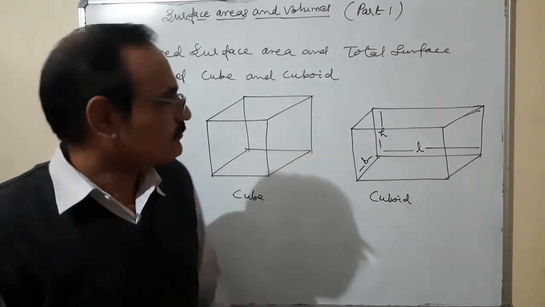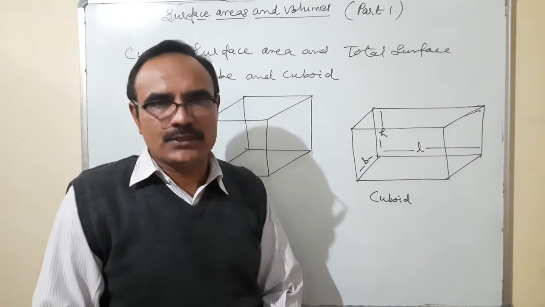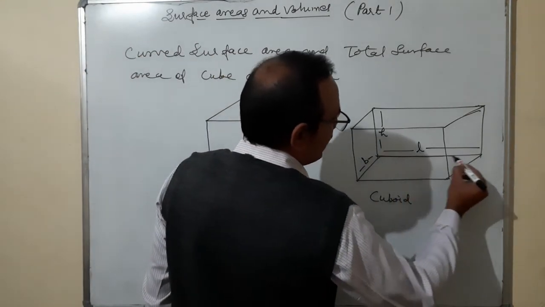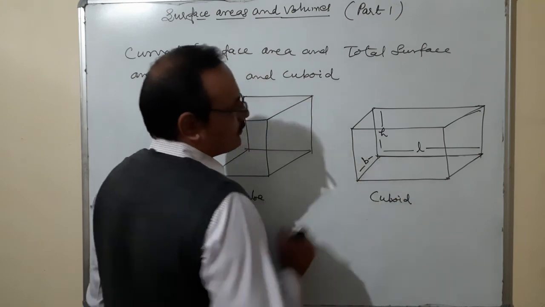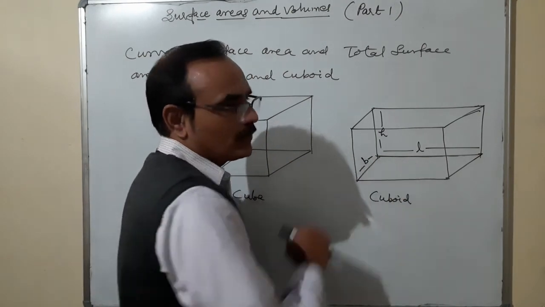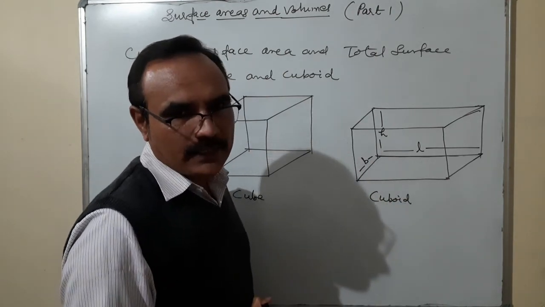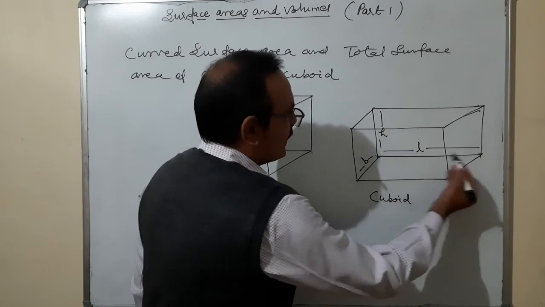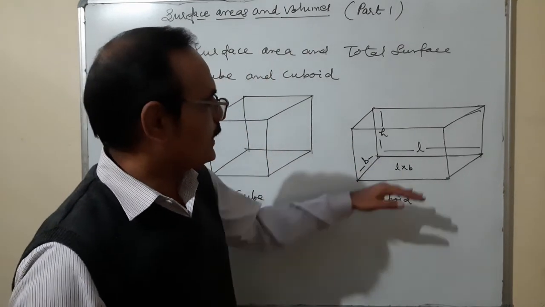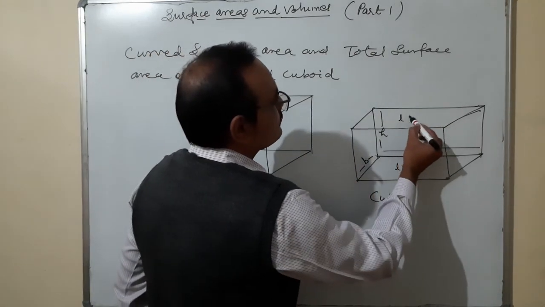Area of rectangle. What is the formula for the area of a rectangle? That is length into breadth. So I'll ask you, what is the area of the rectangular floor? The floor is here. We are going to find the area of this floor. Simply you will say that it is a rectangle and the area of a rectangle is equal to length into breadth. So L into B. The area of this is equal to L into B. So whatever the area of this floor, the same is the area of the ceiling, also L into B.